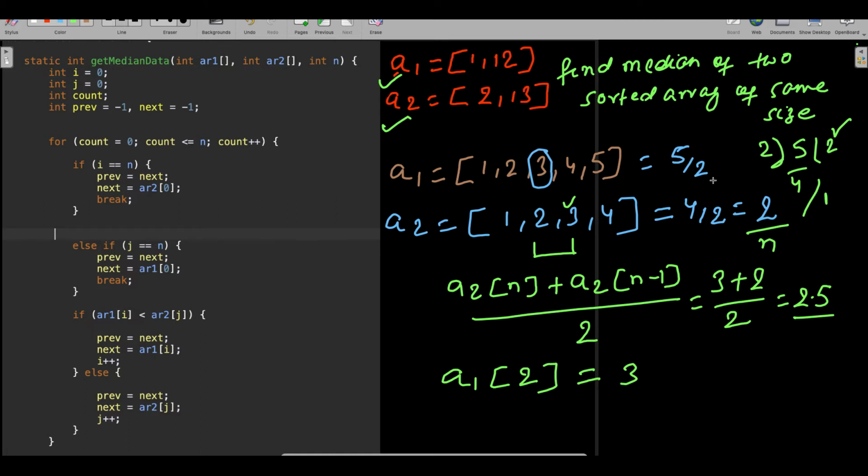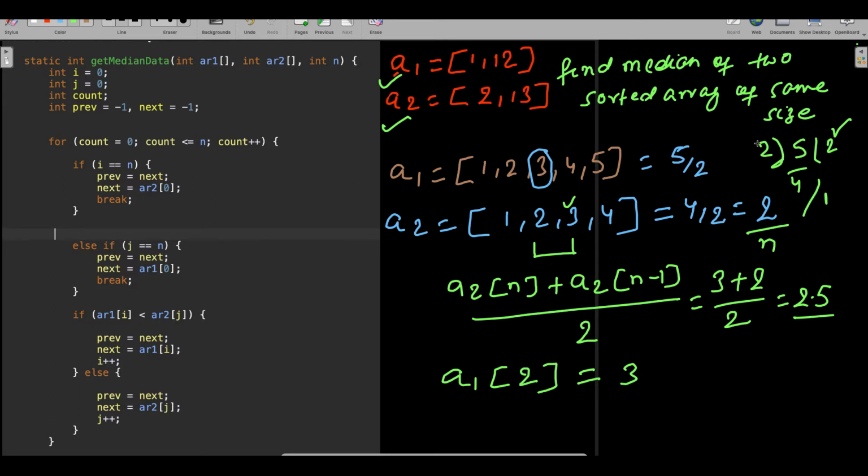So whenever you get such kind of situations, whenever your number of elements is odd, when you divide any odd number by 2, you will always get a fraction, 2.5.